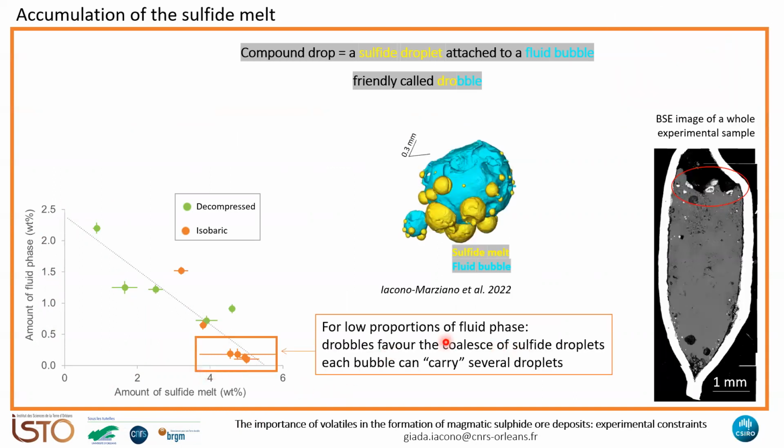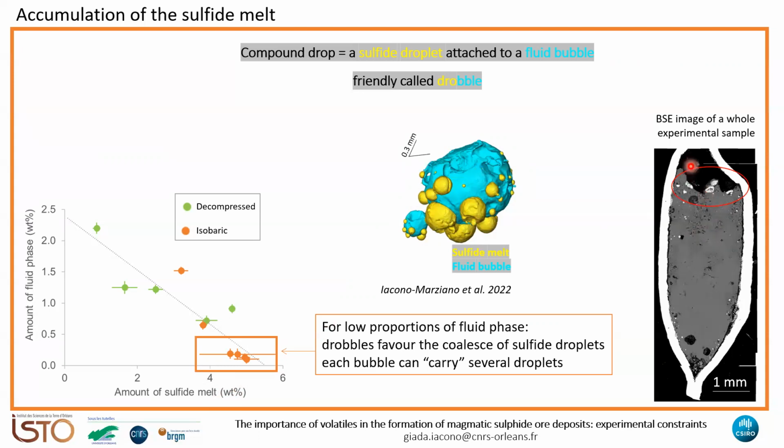So when the proportion of fluid phase is low, the consumption of the sulfide melt is negligible, and drawballs may favor the coalescence of the sulfide droplets that are attached to the same bubble, as you can see here in these microCT renderings of synthetic experimental drawballs. You see that each bubble can carry several droplets, and these droplets can easily coalesce and therefore accumulate the